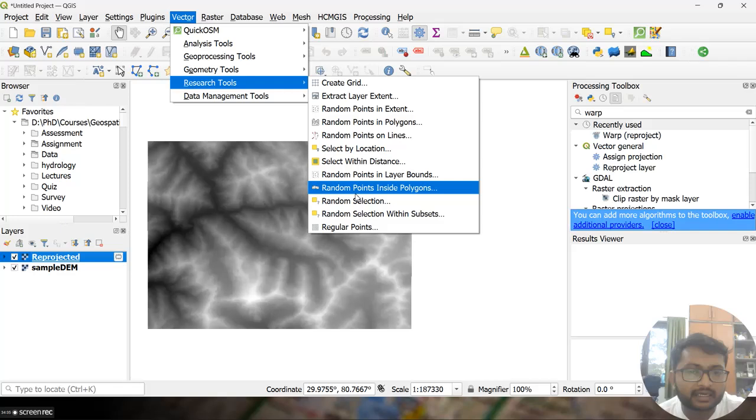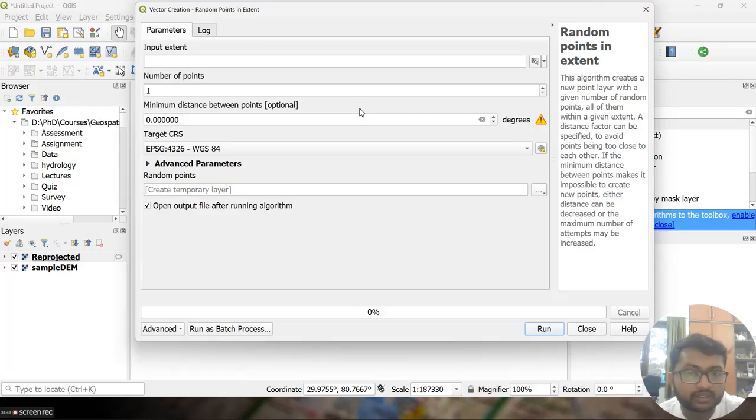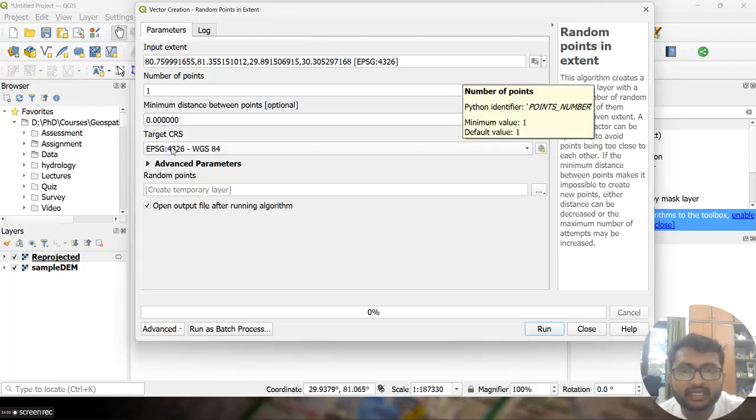So everywhere you have some bounding thing given, which means you can generate within that particular area only. If you consider random points in extent, basically you have to give the input extent. Either you can draw it on the map or you can provide it directly. Here I have given the extent of the entire map which is visible to me. And if I generate, let's say, 100 points,